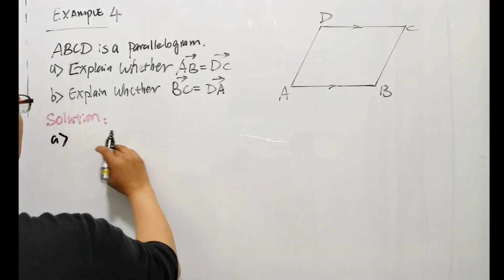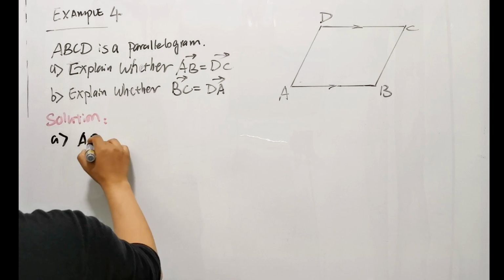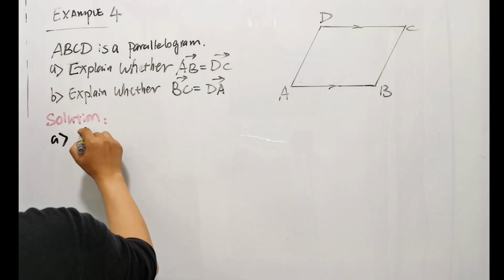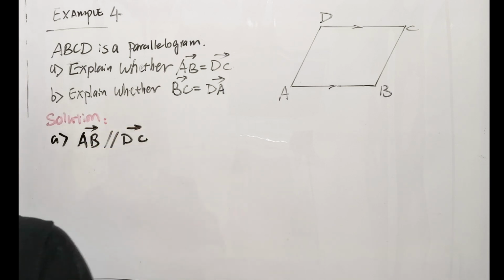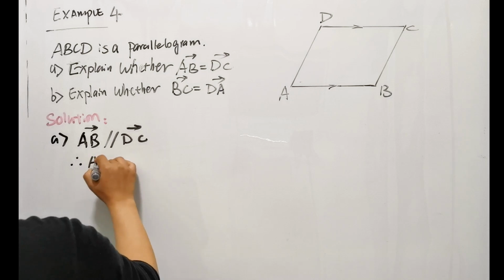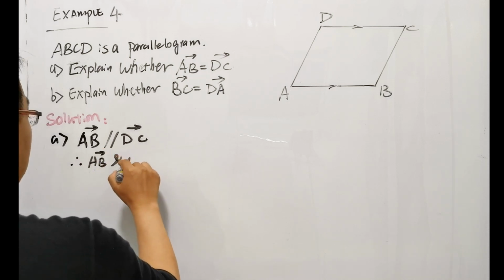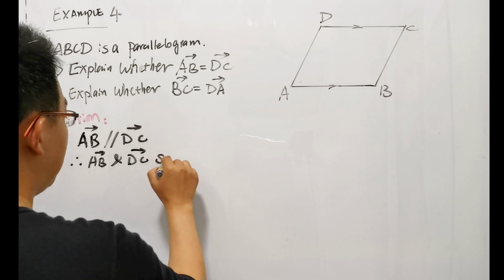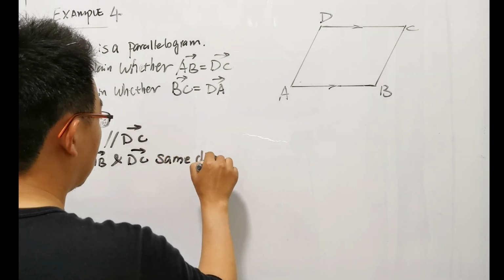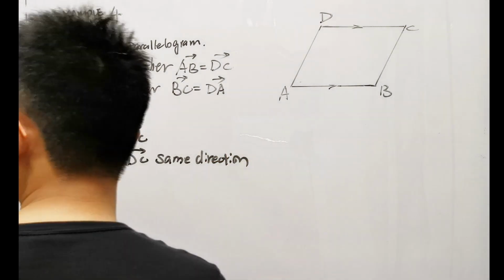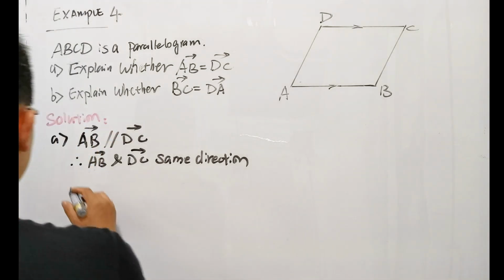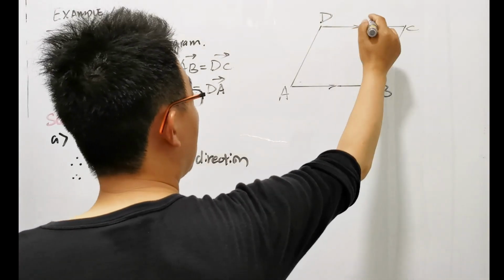So in this parallelogram, AB is parallel to DC. So from here we can see that AB and DC are in the same direction. And then we also know, from the parallelogram, the two opposite sides